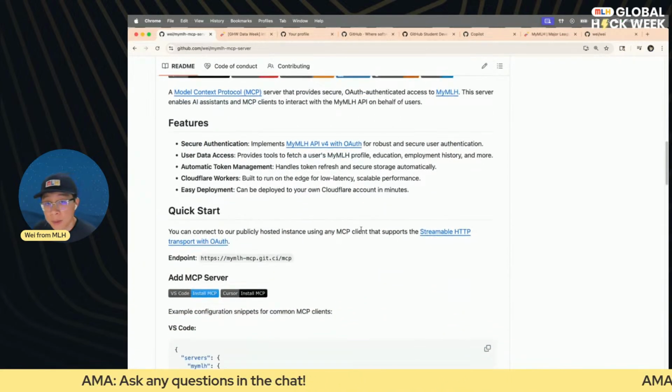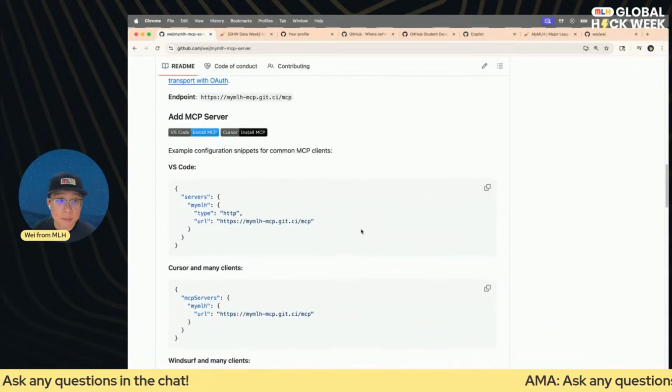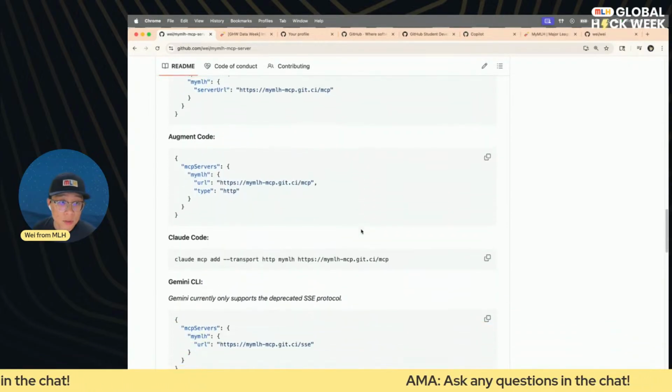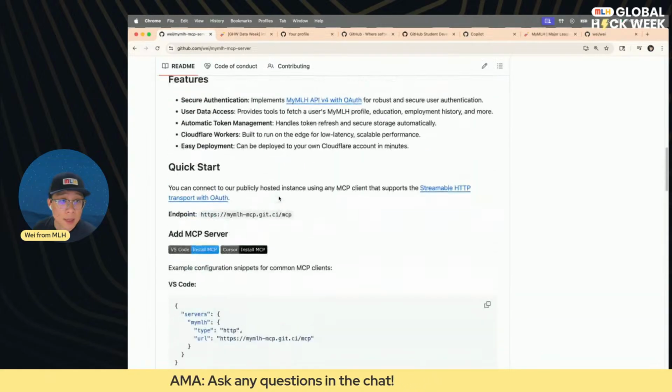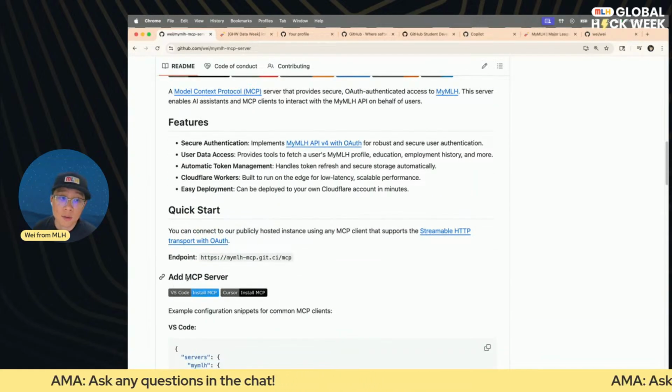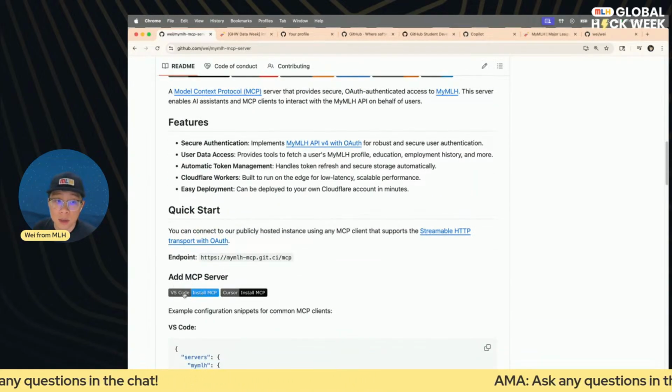So there are a couple ways you can install it. I provided installing instructions for multiple AI coding tools, but for VS Code, they made it super easy to install.